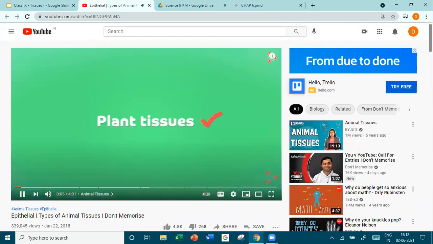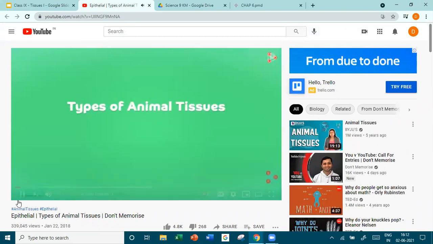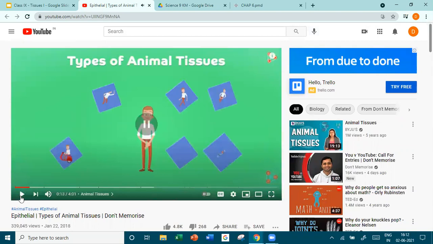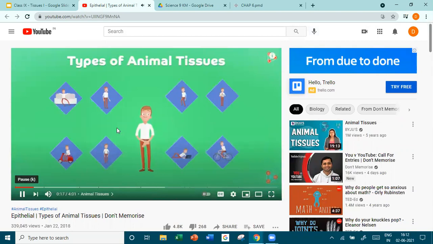After learning about plant tissues, let us take a look at the various types of animal tissues in detail. In case of animals, where the body is expected to perform uncountable functions simultaneously, it is obvious that